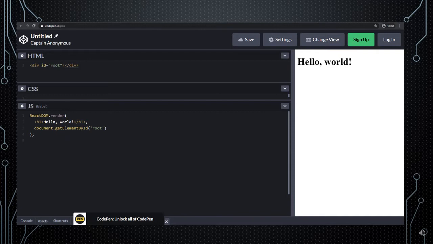If you don't know, I will explain later. So in the ReactDOM.render method, I write the JSX code. JSX code is just JavaScript code. We write it in an HTML tag, like this h1. I write Hello World in it, and after the comma I write document.getElementById root.